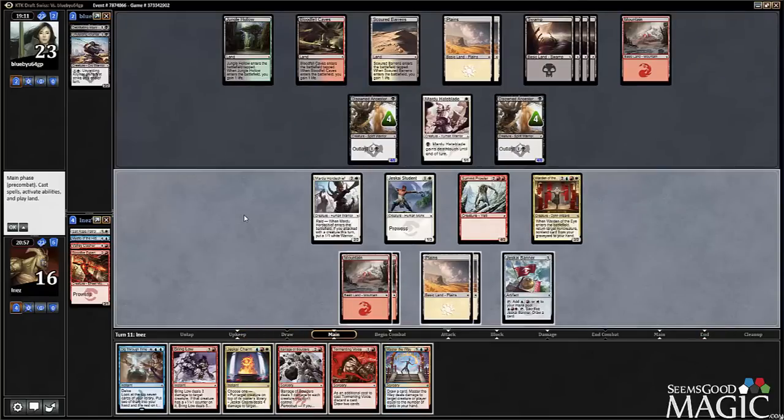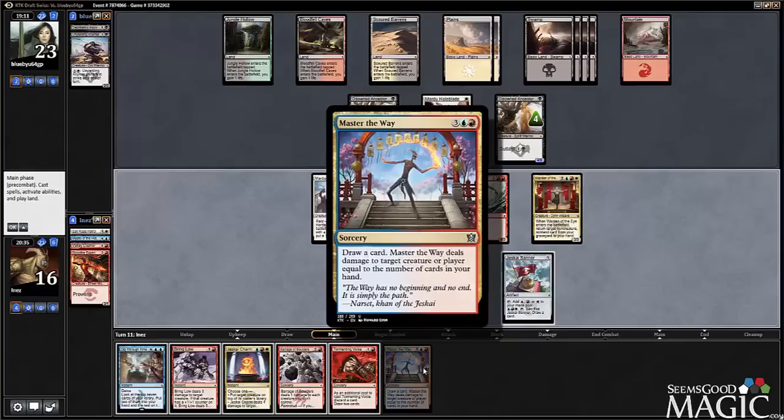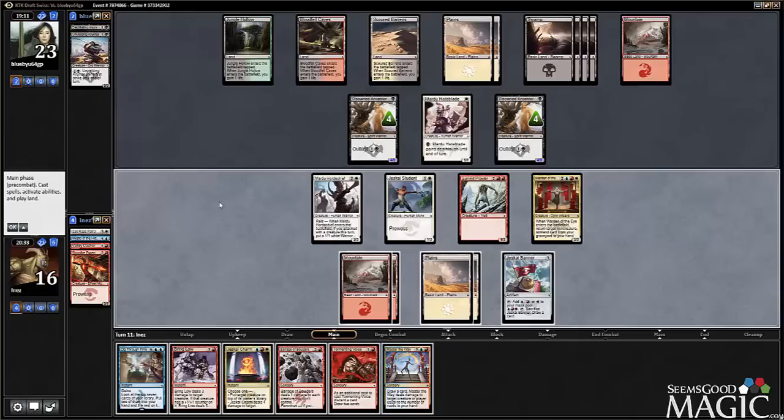All right, Master's not bad. If I Tormenting Voice, what am I digging for? I don't know. What do I dump? I don't know that either. I kind of want to master, but what do I master? Well, let me think about this. So if I master him,